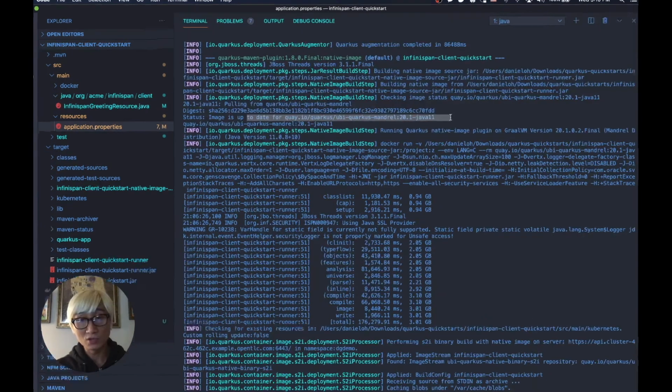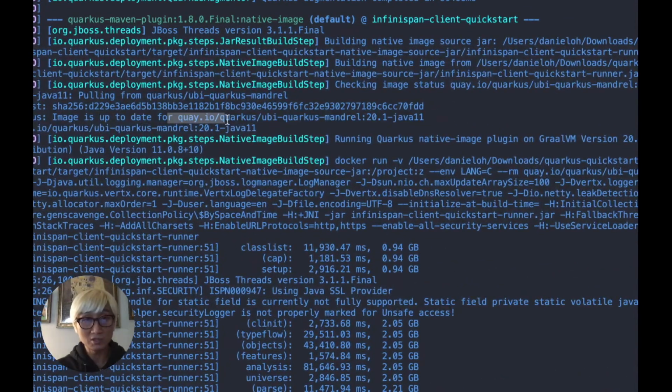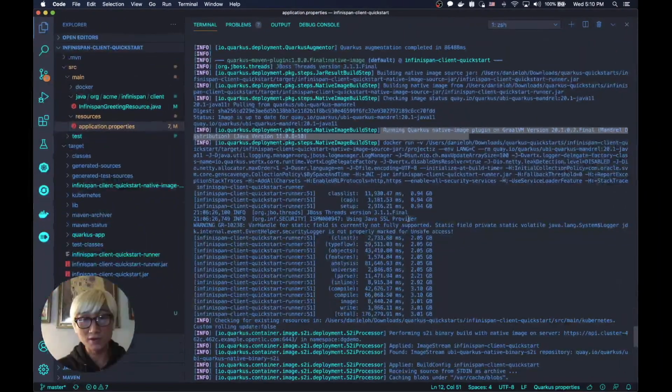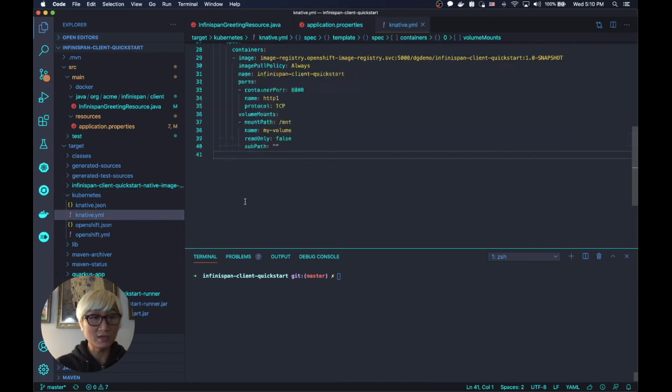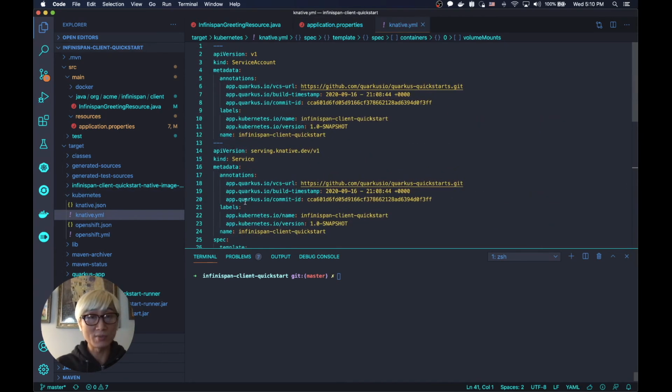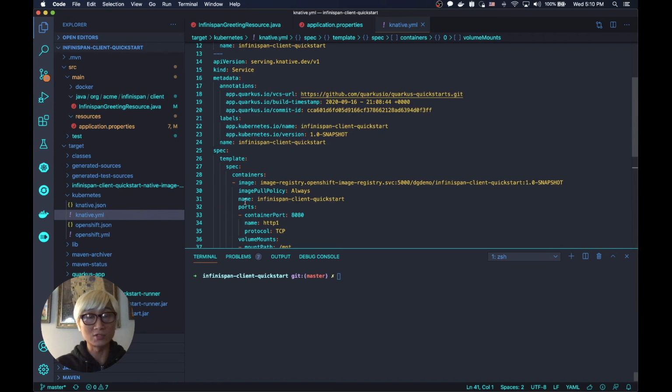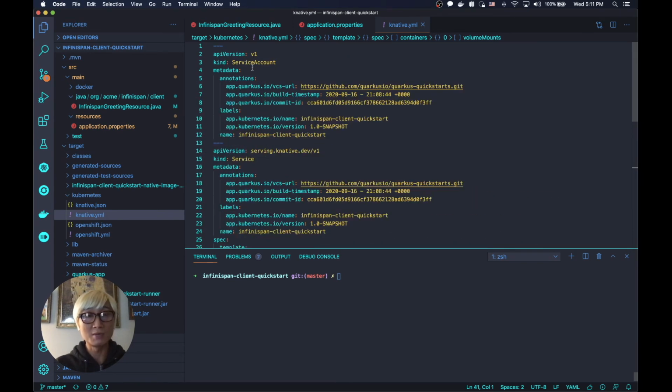environment variable. We're going to use the Mandrel image, as we set in our configuration file, and run the native image plugin to make the executable file. Okay, we're done. Go to the target directory under Kubernetes, and you can find the Knative YAML file. This is automatically generated, which means the developer doesn't need to create the YAML file with Kubernetes manifests like